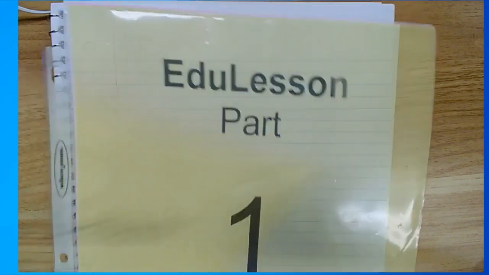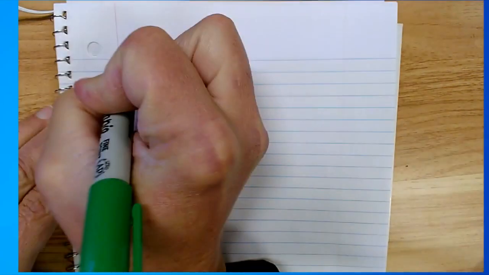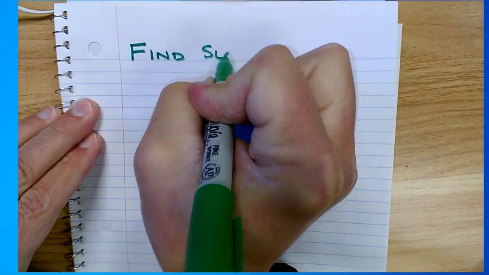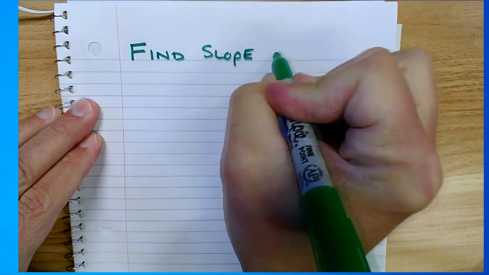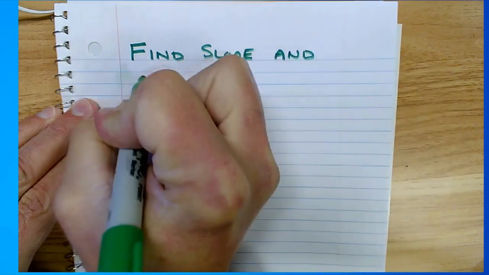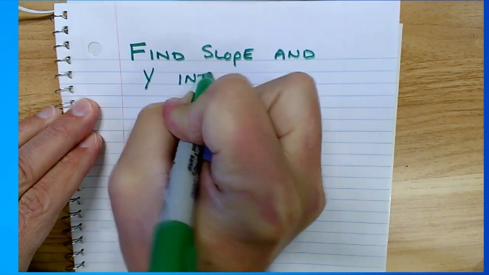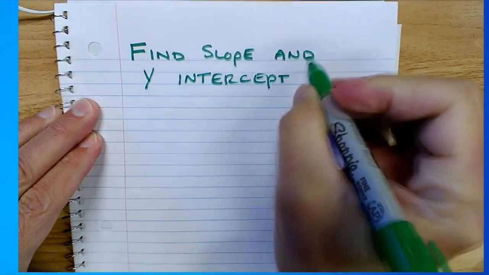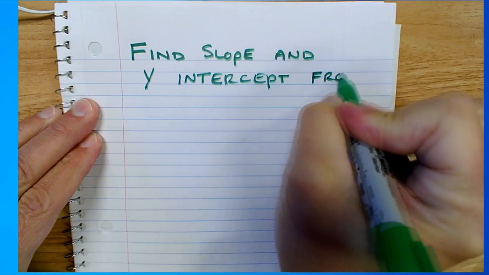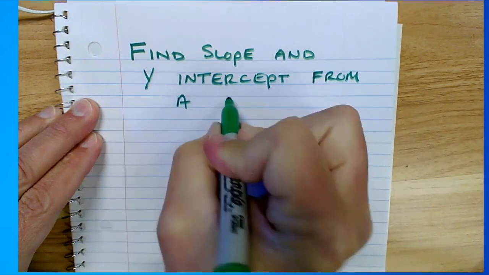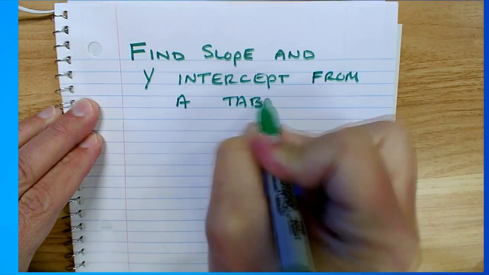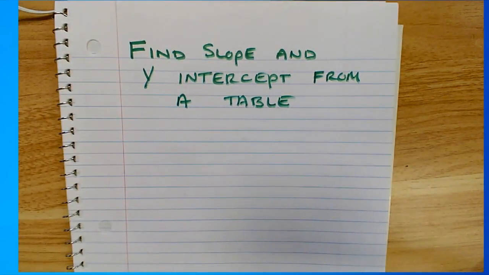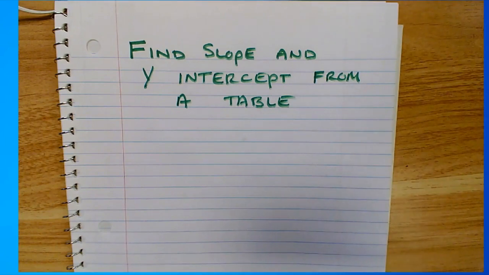Part 1. What are we going to do today? We're going to find slope and y-intercept from a table. We're going to find the slope and the y-intercept from a table, but before we do that, we're going